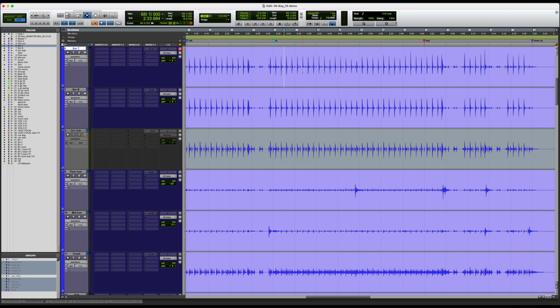You're trying to find any way that you can to up the average level of these drums and either reduce the peak or just leave that where it was. There's lots of ways you can do that. You can compress, you can add saturation, but one of them is to record room mics. And that's because if you think about it, most of the time you're hearing drums, you're probably in a room